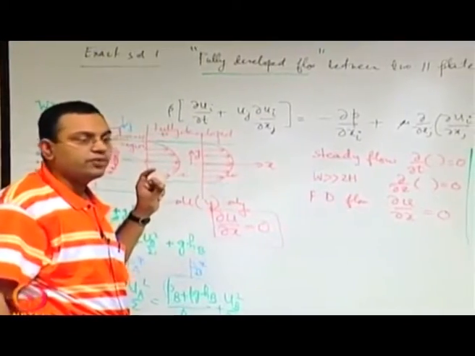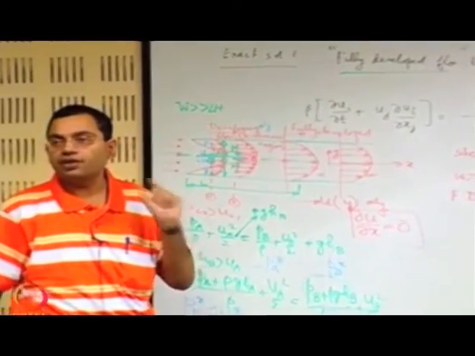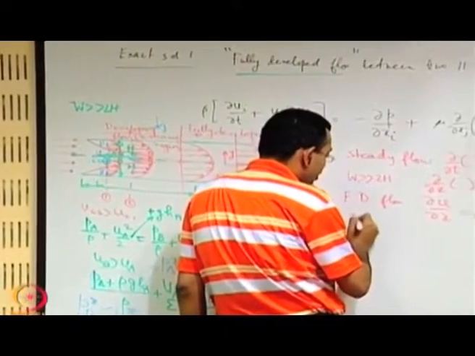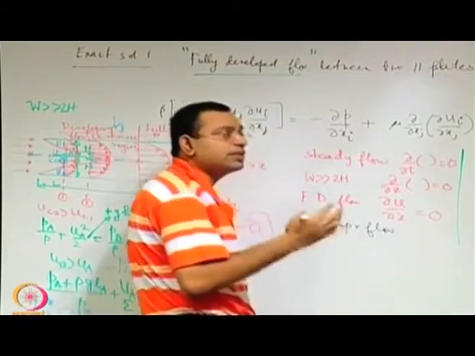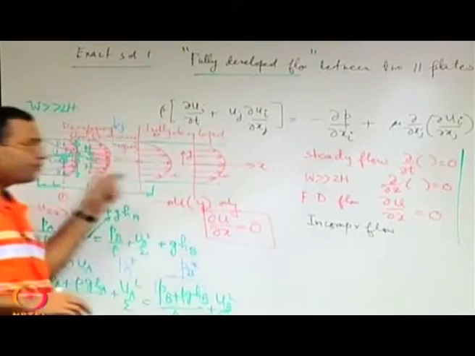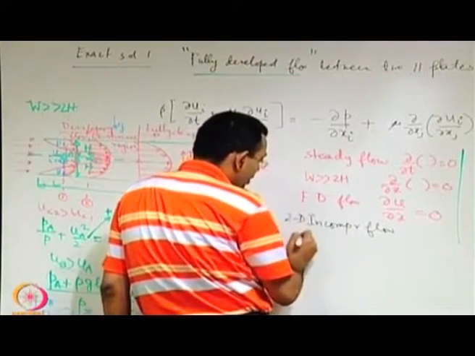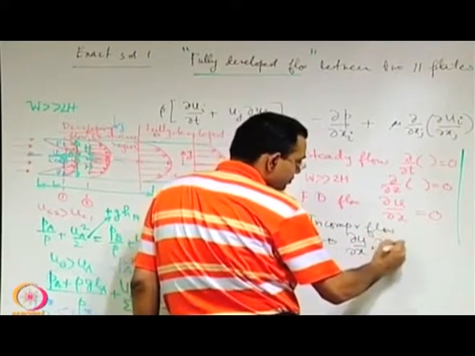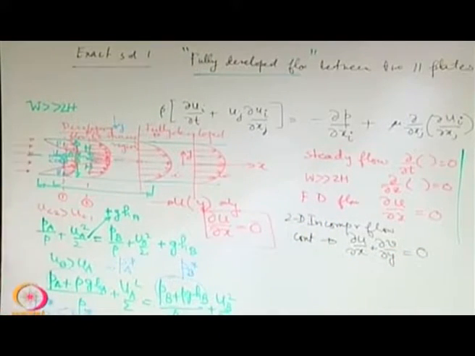When you consider the fluid flow equations, remember that you have the continuity equation that has to be satisfied always. And what is the form of the continuity equation that we are looking for? Remember, we are talking about incompressible flow, and 2-dimensional incompressible flow, because effectively the flow is 2-dimensional in the xy plane. So, for 2-dimensional incompressible flow, you have the continuity equation: partial derivative of u with respect to x plus partial derivative of v with respect to y, that is 0.